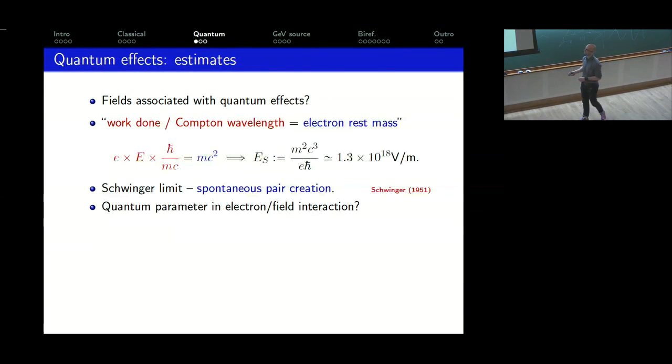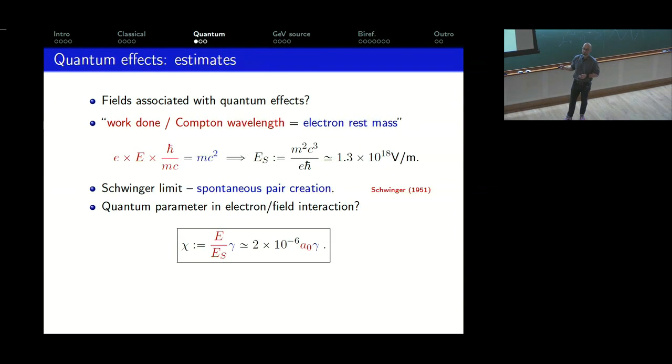No. What have I neglected in this equation? Okay. There are no gamma factors here. Okay. Neglected relativistic effects. Let's see. I want a parameter which describes quantum effects, takes account of relativistic effects. It's going to depend on the electric field strength. It's going to have to depend on the gamma factor of the particle, to be relativistic. If I multiply the electric field with gamma, I don't get something dimensionless. So I divide by the Schwinger field, and I get this parameter chi.